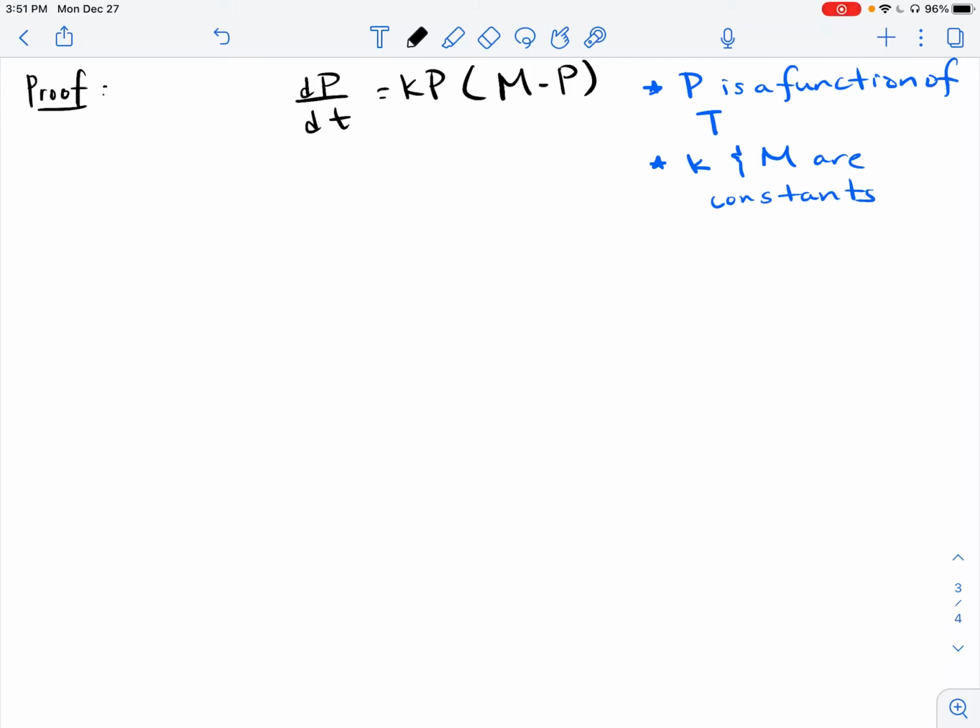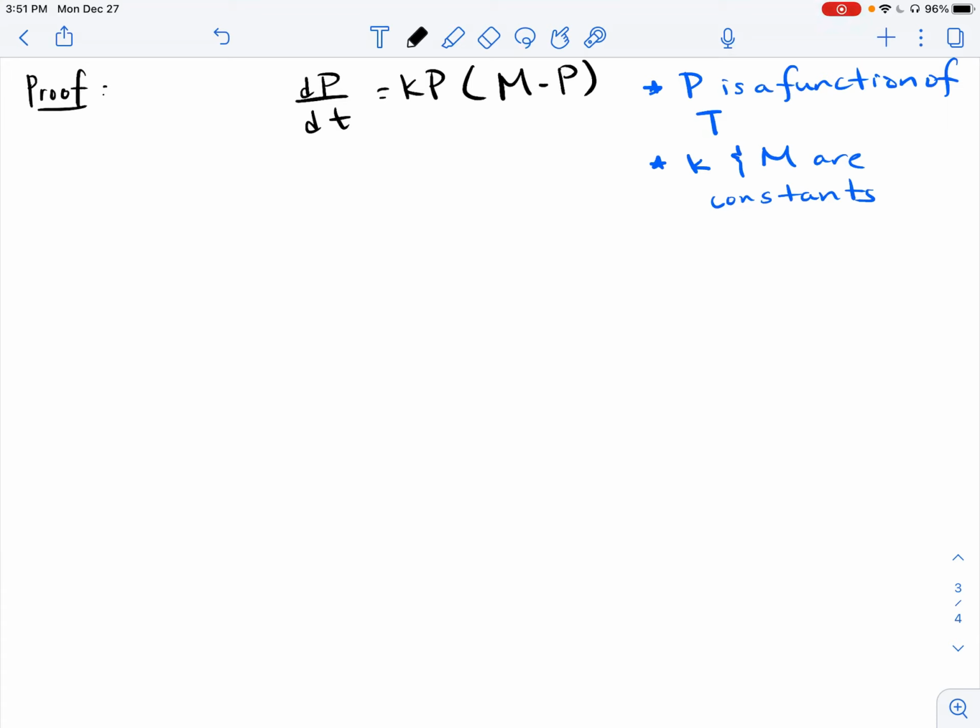All right, what I want to do in this video is use the differential equation that models logistic growth to derive the population function that we use in logistic growth cases. So this is not absolutely necessary to our understanding of logistic growth models, but I think it's a pretty clever